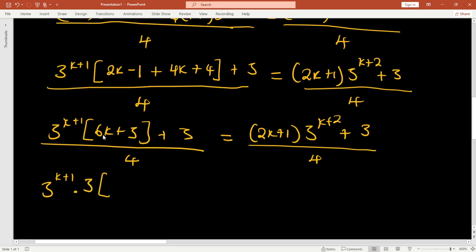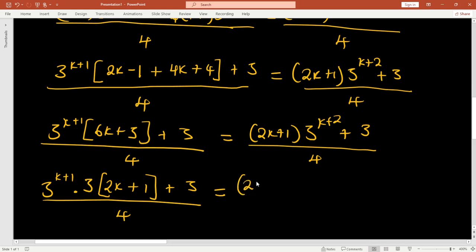Here we remain with 2k, plus here we remain with 1. We close here, plus 3, divided by 4. This is being equated to, I'll copy this the way it is, (2k + 1)·3^(k+2) + 3,